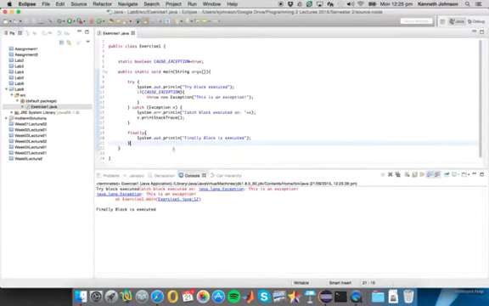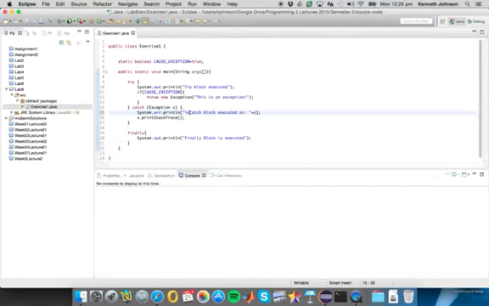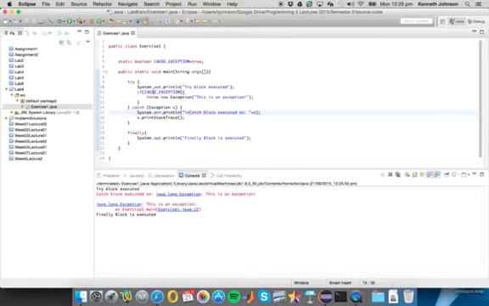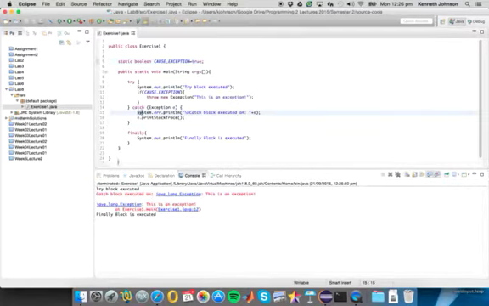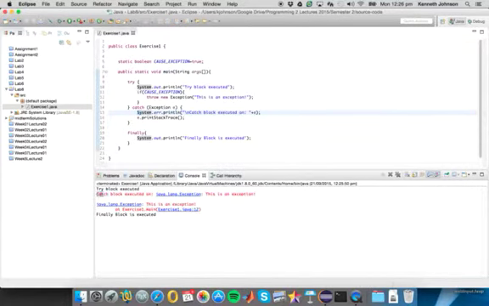Try block executed. Maybe we can make it a little bit nice looking. So here we have try block executed. If cause exception, and it does, it's true, then throw new exception. So we have this exception. So what happens is that the catch block catches it, and it prints out in an error code, in an error console, catch block executed on, and then it prints out